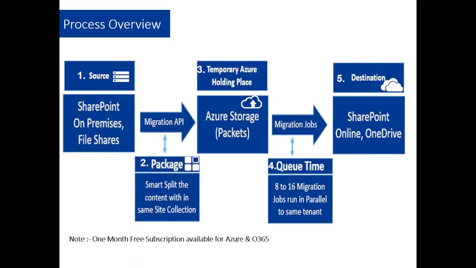And once we have the content, the migration APIs come into the picture. They create their own package. The package comes in two types of files. One is a DAT file, which is a small file having a logical relationship between each other, and the second one is an XML file which,